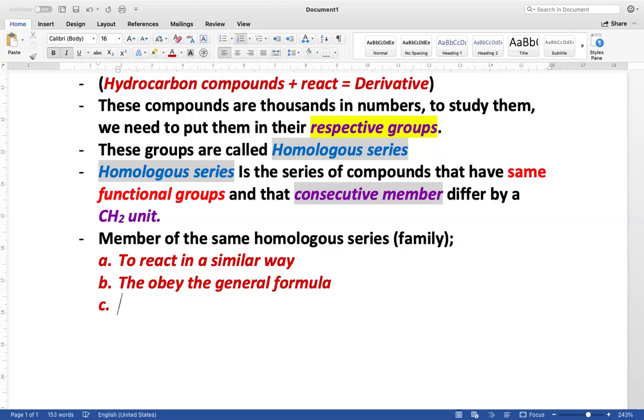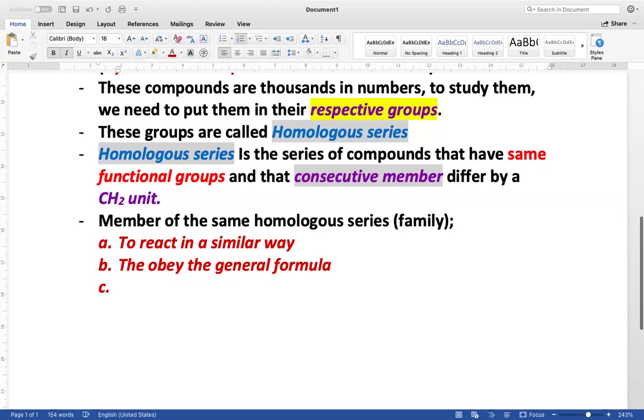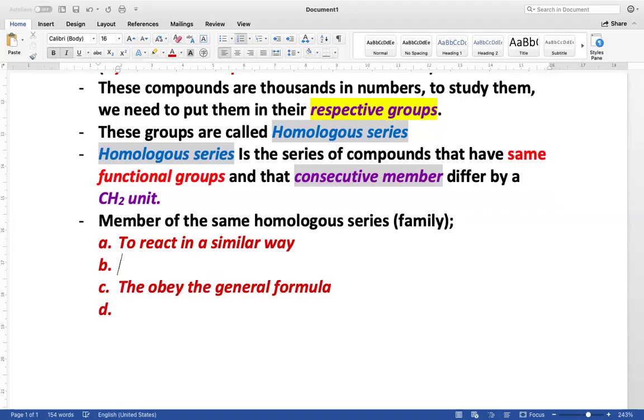You find that certain families have rules that they follow, and everyone has to obey for as long as they belong to that family. So they react in a similar way. Now, why do they react in a similar way? Because the part of the